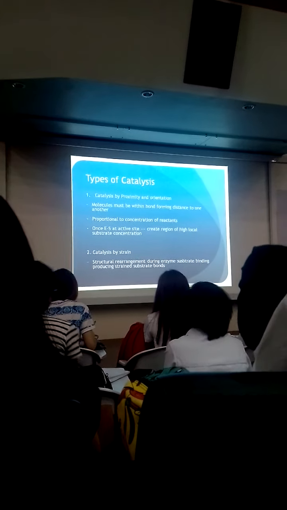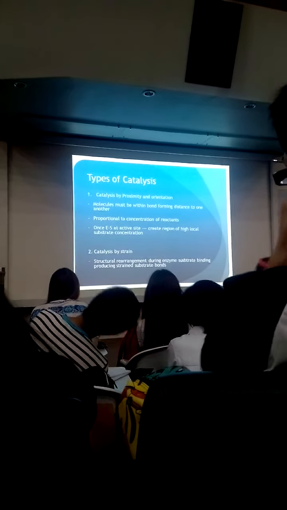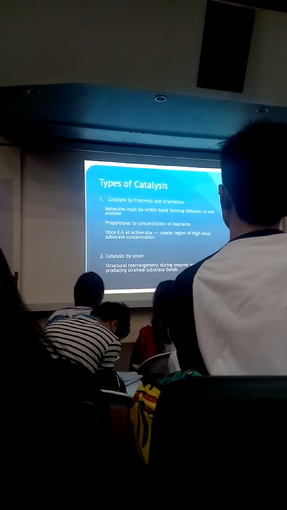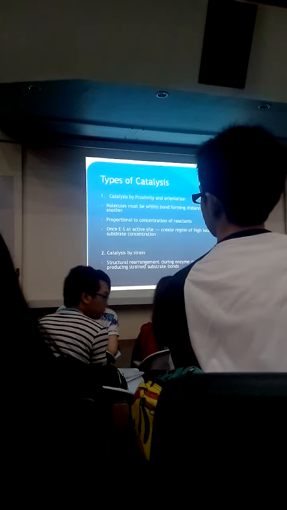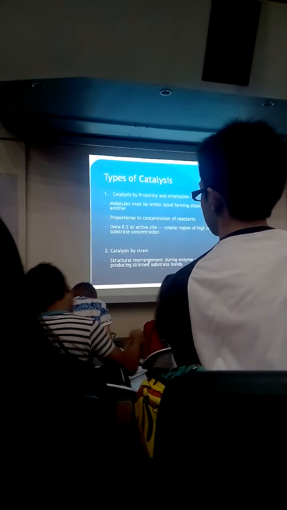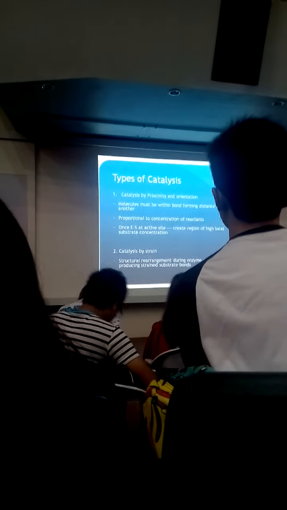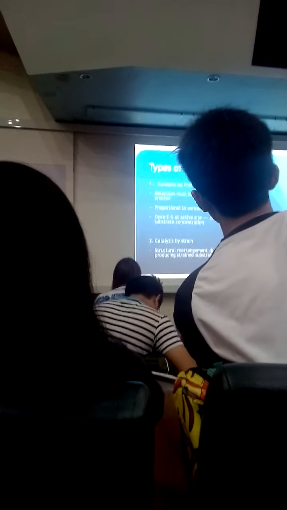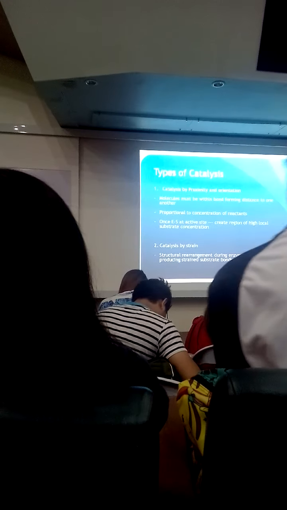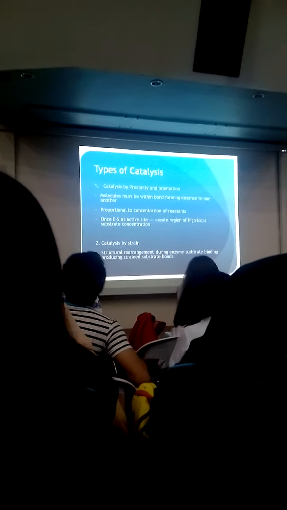So, different types of catalysis. You have catalysis by proximity and orientation, wherein the molecules forming the bond need to be within bond-forming distance of one another for your reaction to take place. Once your enzyme-substrate complex is formed at the active site, it creates a region of high local substrate concentration. Next is catalysis by strain, wherein there's some structural rearrangement during enzyme-substrate binding, and